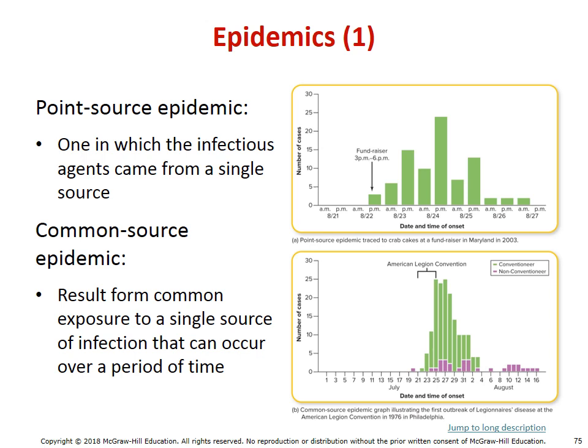A common source epidemic is going to be something that routinely happens. We should see routinely huge numbers over a given period of time. So really this image over here shows you a good example that we usually see potentially a huge spike in this particular time frame. And so this was showing specifically the American Legion Convention that led to Legionella. So we know that the exposure was a common exposure.